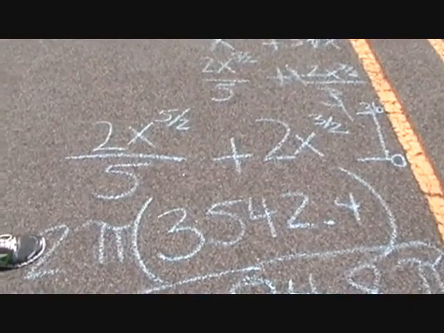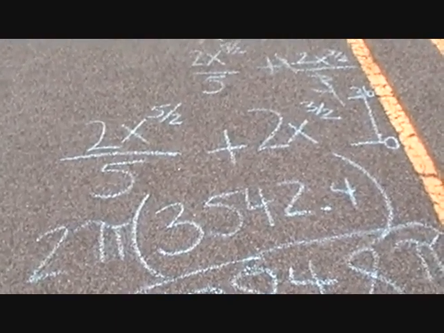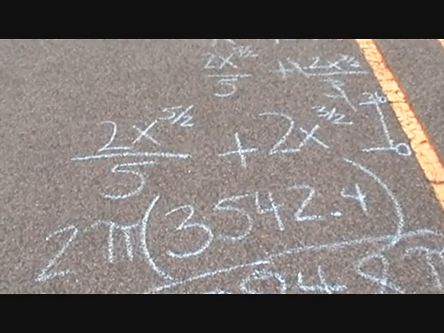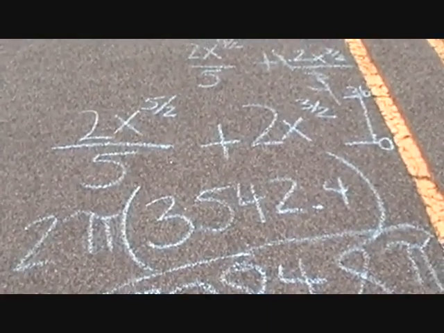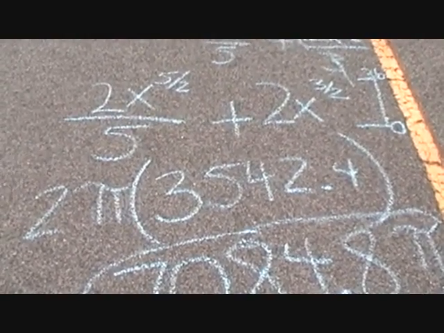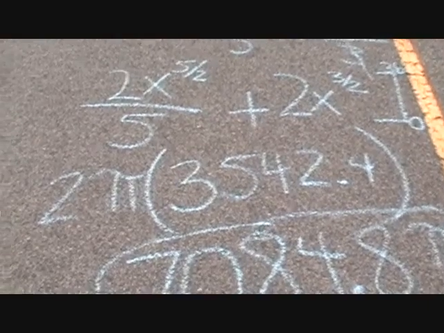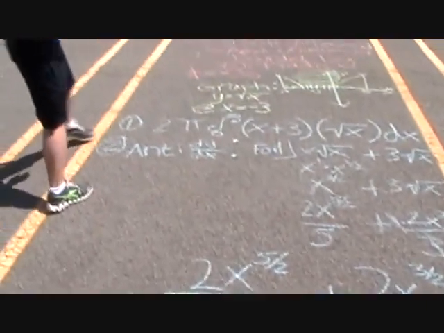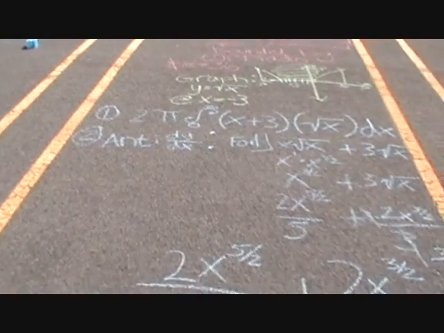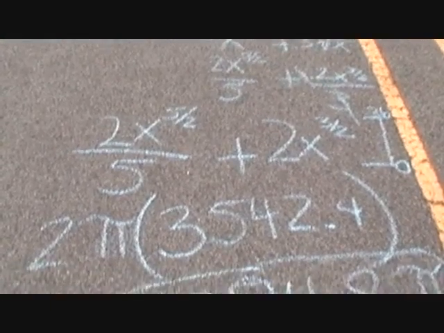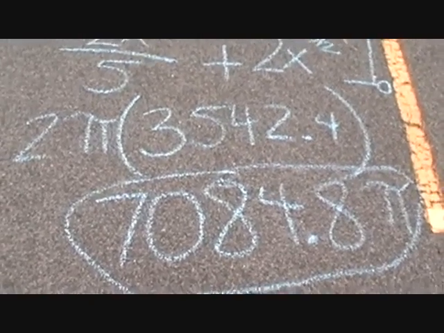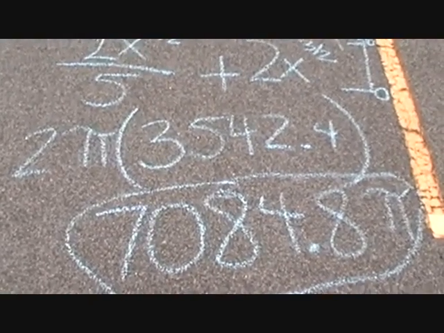Now, to find the volume of that, you need to evaluate that function from 0 to 36. So you plug in 36 to that function, get your answer, then plug in 0 and subtract the 2. And when you do that, you get 3,542.4. But don't forget, from up top, we multiplied that whole integral by 2 pi. So we need to bring that down. And to get a more precise answer, what we're going to do is multiply that number by 2 and just stick pi at the end since we're multiplying it. So our final answer is